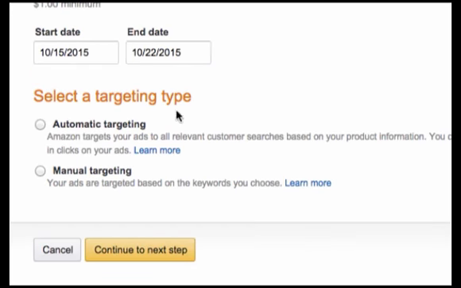And then from there, it's going to ask you to select a targeting type. So basically what it's asking you is you want to run an automatic targeting or manual targeting. Now, that probably makes no sense to you if this is your first time to Amazon sponsored ads, but let me clarify it really quickly. If you do an automatic targeting campaign, basically Amazon's telling you, don't worry about it. Don't even worry about figuring out search terms. We will show your product to customers, and maybe they will buy, maybe they won't,